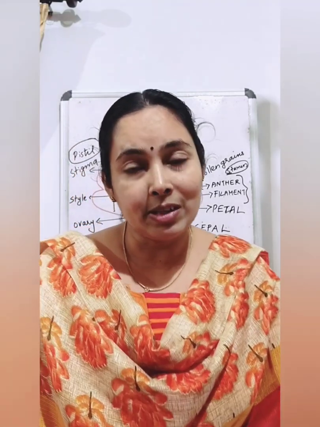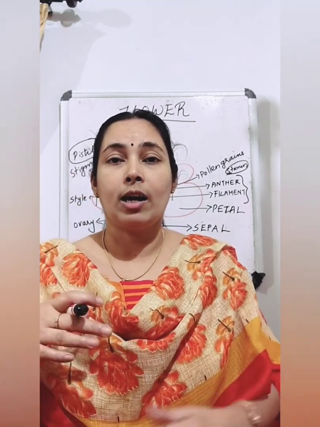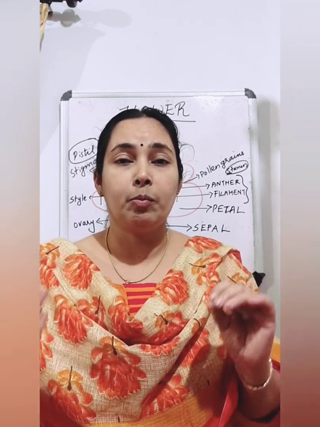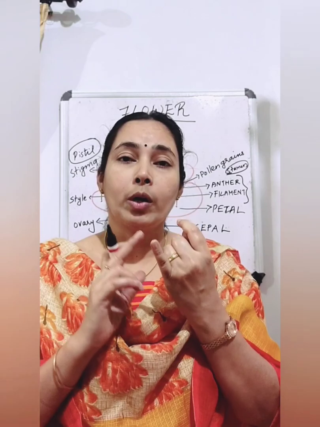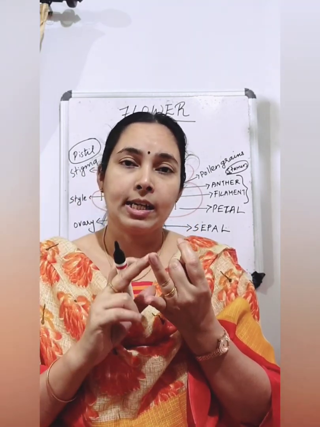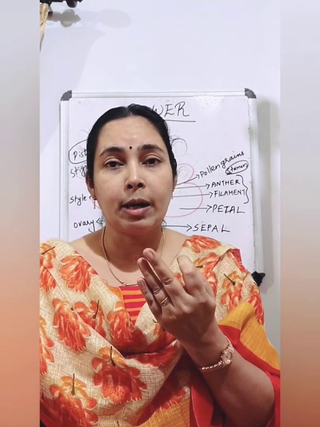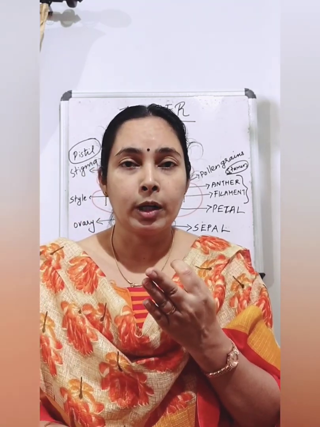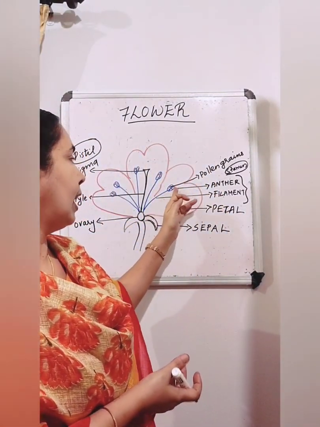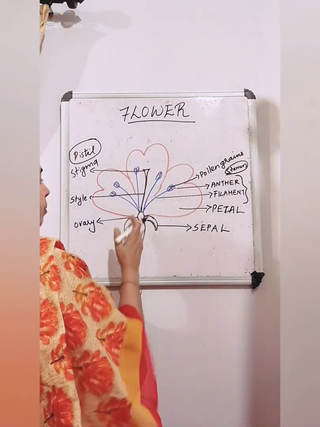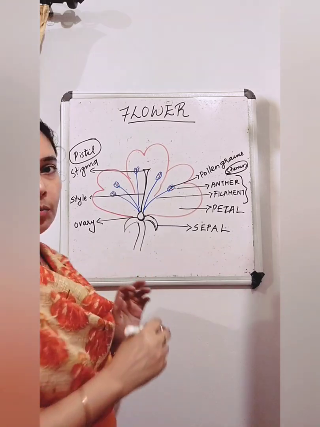Clear? So today we studied about the flowers, and we saw that flowers are of different size, different shape, different color and all. And a flower has mainly 4 parts. Outermost part is sepal. The next colored part is called petal. Then inside we can see so many stamens. Stamens are the male reproductive parts, and stamens have 2 parts, filament and anther. And the innermost part is called pistil. Pistil has 3 parts, ovary, style and stigma.